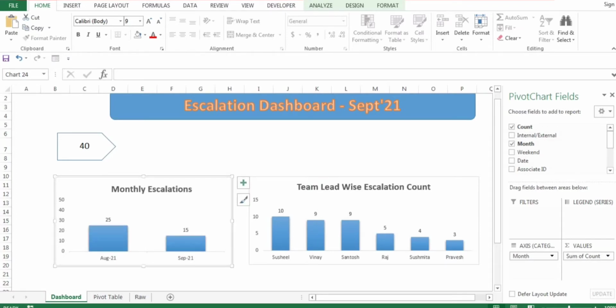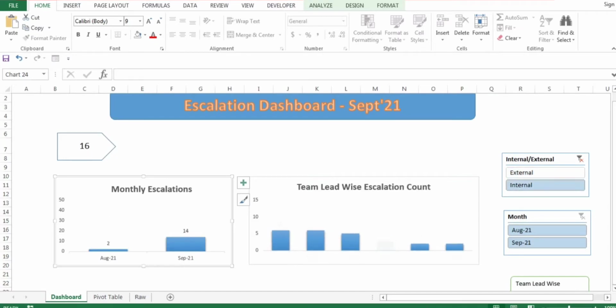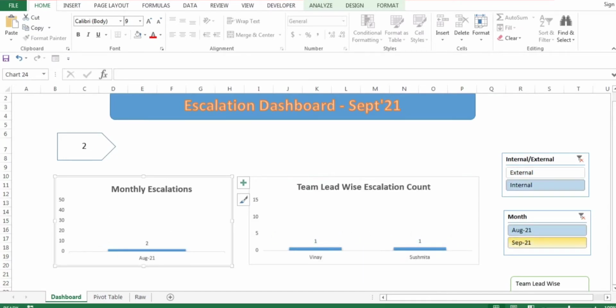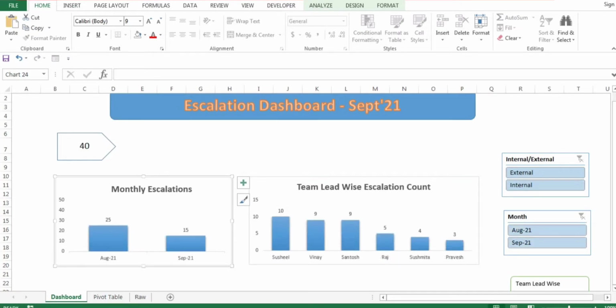Again, if you see, if you use this, it will work for team lead and everyone. It will work for August. We got 2, and see why it's showing 2, because we have just selected internal. I'll select overall. In August I got 25, September I got 15. If I select everything, I'll get this. I want only external details, like how many external errors I have received. In August 23, and in September just 1.